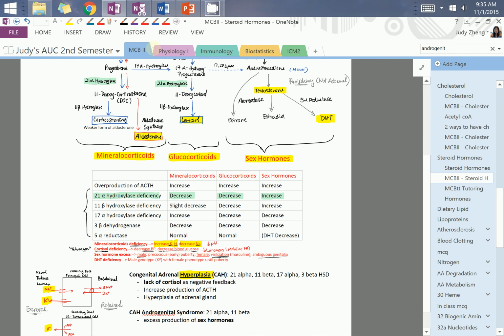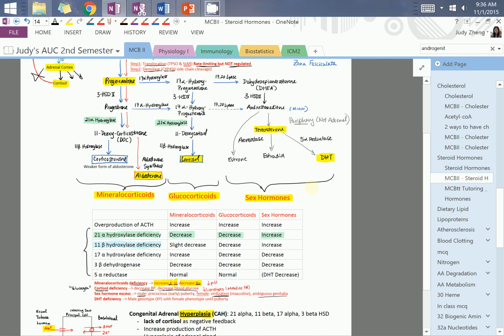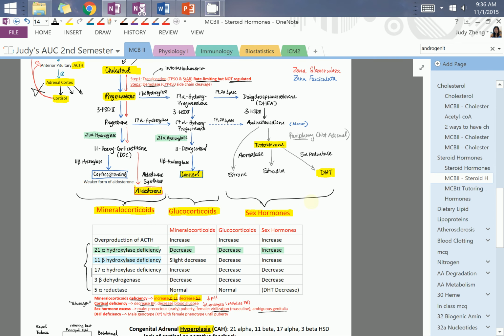Okay, so the next one is the 11 beta hydroxylase deficiency. And let's find 11 beta hydroxylase up here. So as you notice, 11 beta hydroxylase is here and here. So they look very similar to where 21 alpha hydroxylase is. And so for the most part, they are very similar. However,